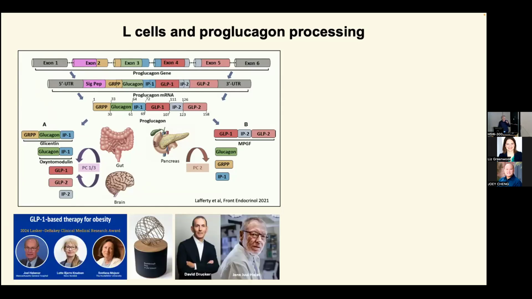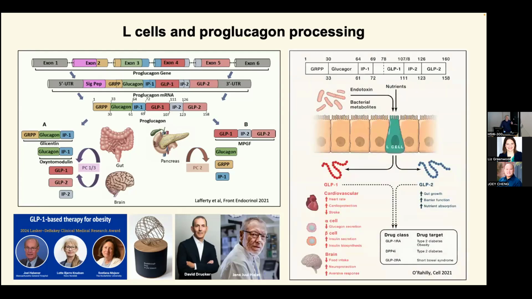Now, you'd have to be sitting in a cave not to know what GLP-1 is. It just won the Lasker and the Breakthrough Prize for amazing effects in type 2 diabetes and on obesity. So there are incredible effects not only on metabolic health, but on health in many systems, as you're probably aware: cardiovascular system, kidney. It's being evaluated in neurodegenerative disease, in post-transplant disease. So it's quite remarkable. It's been well reviewed.